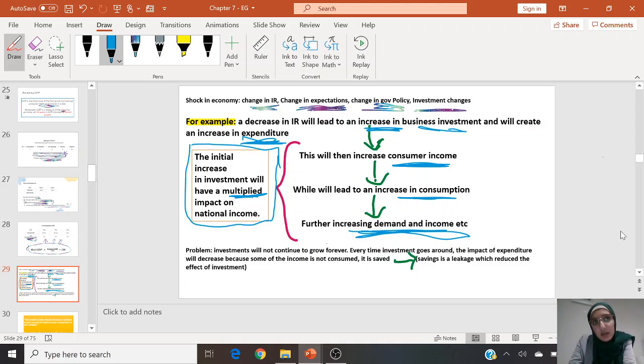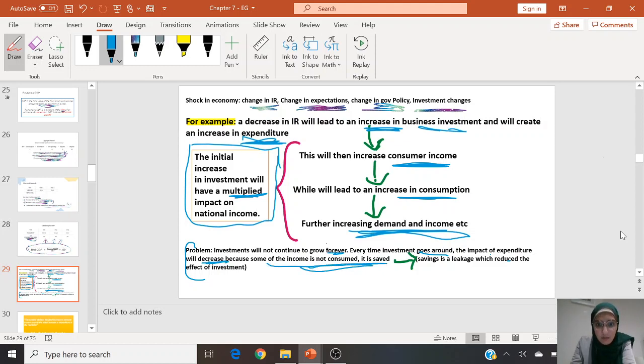So if I get a bonus of 1,000, I'll probably spend 400 of that, but I'll want to save 600 of that, right? And that's the main problem over here. Investments will not continue to grow forever. Every time an investment goes around, the impact of expenditure will actually decrease, because some of the income is not consumed,